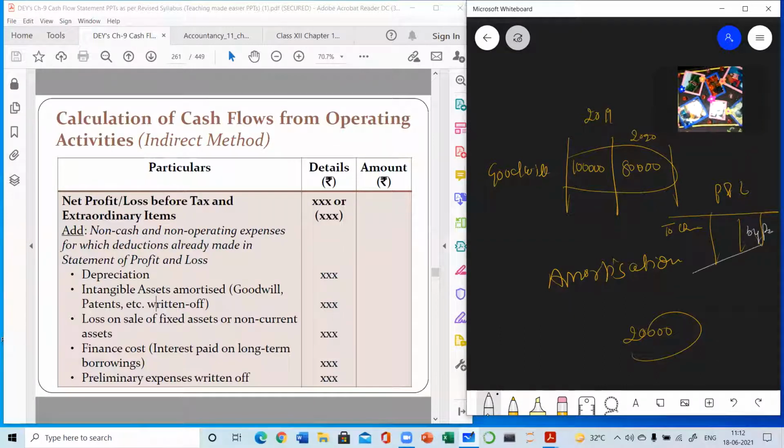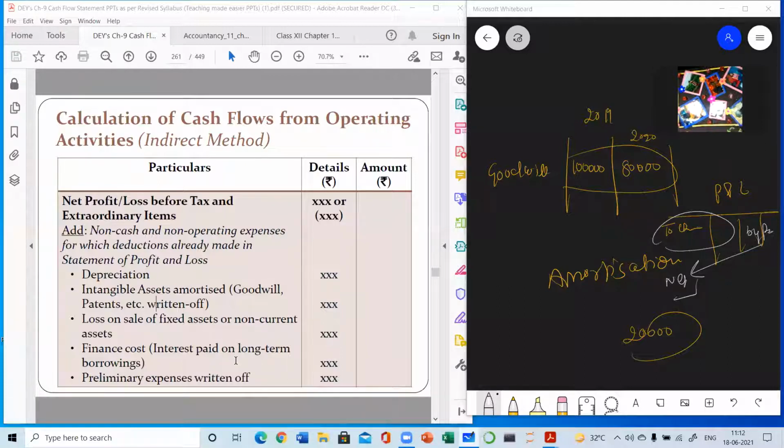It means this profit is already added in the net profit and this loss is already subtracted from the net profit. But actually, it is not our operating expense. Loss on sale, loss by fire, all these are non-operating expenses. We have already studied this in the ratio chapter. So this loss will be added back because it has already been subtracted from the profit. We have to remove the effect of this loss from the profit.